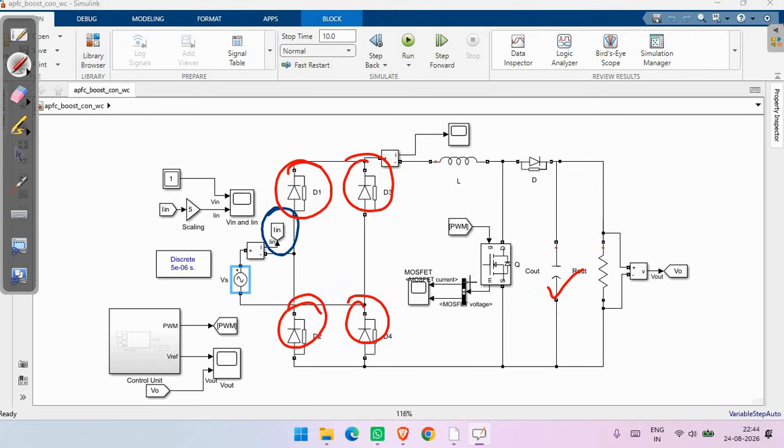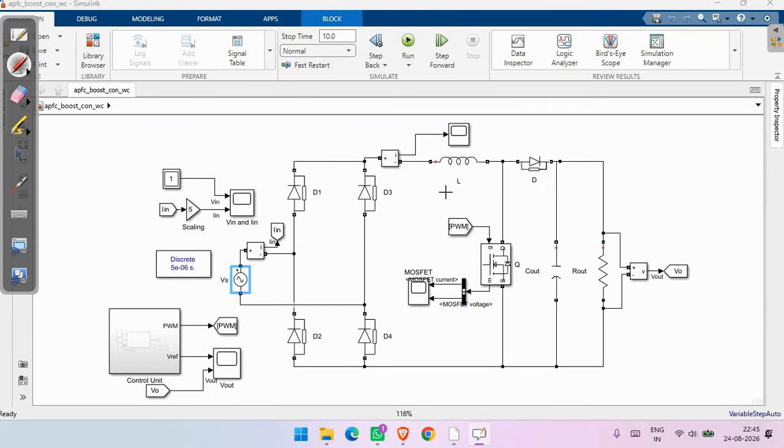So we have added an active boost PFC converter. This is the boost PFC converter to improve the input current waveform,